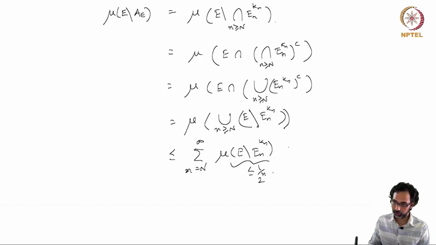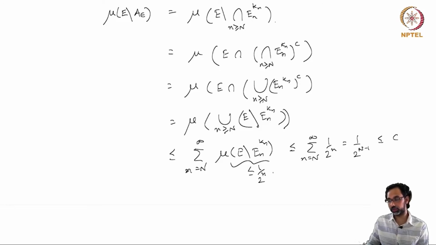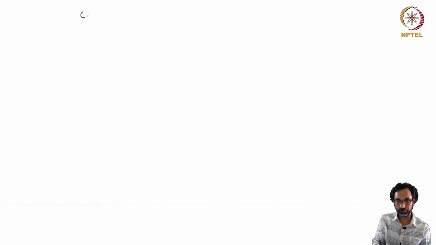So this is less than or equal to the sum from n equal to capital N to infinity of 1 over 2 to the power n, and this is precisely 1 over 2 to the power n minus 1, and we have chosen this to be less than epsilon. So outside this set A epsilon, the complement of A epsilon in E has measure less than or equal to epsilon. So now we claim that